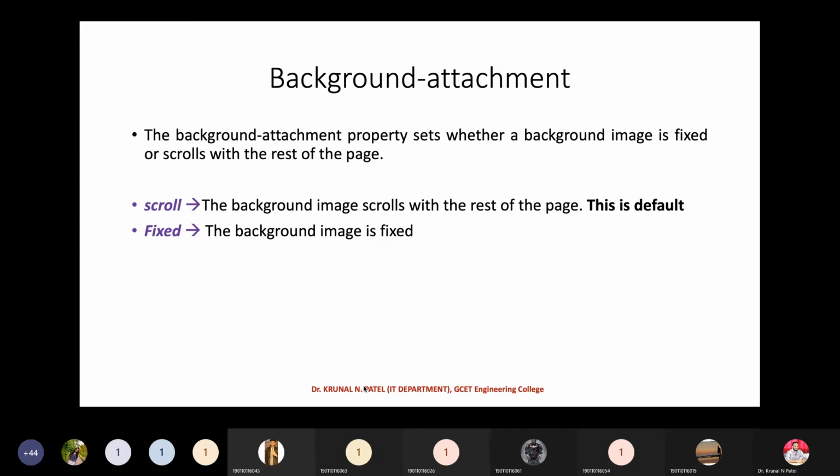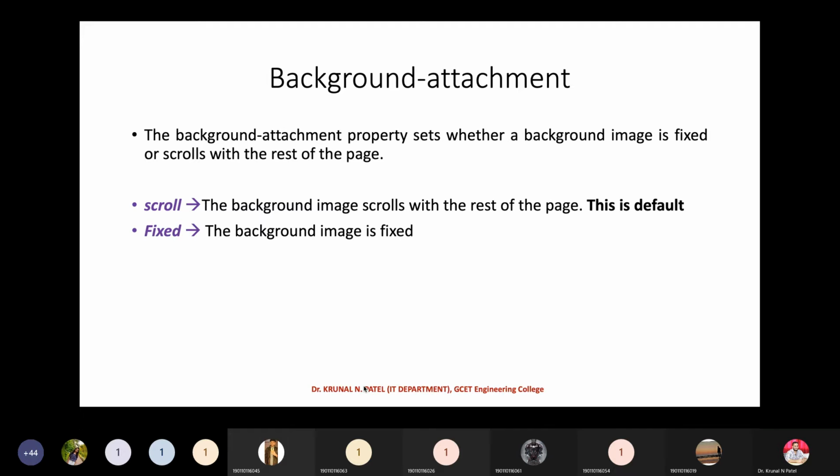Now this is another interesting property that is known as attachment, right? As I told you, there are two possible values: one is scroll, another one is fixed. The third one is the inherit value, which we are not going to use, but it is there. So what is the difference between these two?